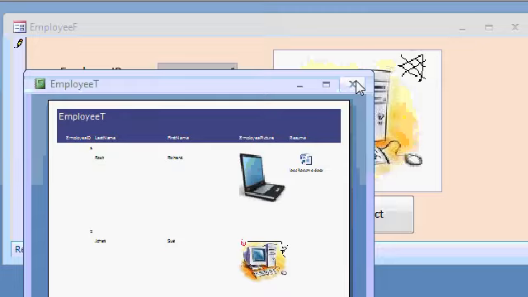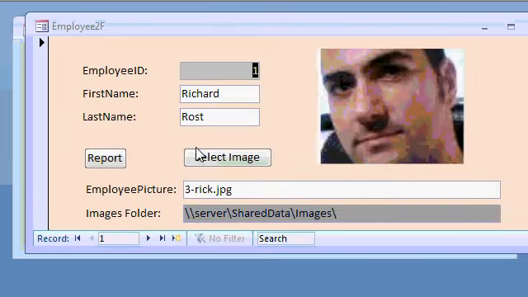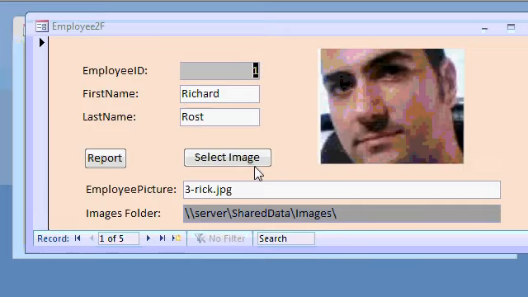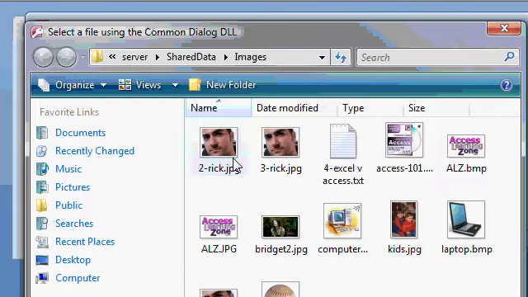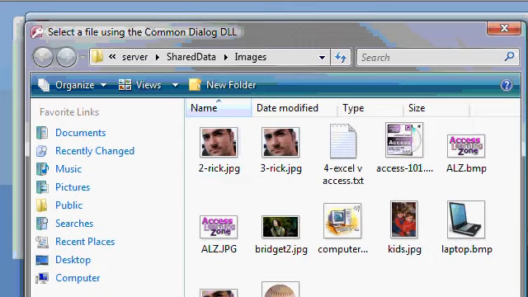We'll link that straight to a report. All right. Here's another option over here for storing a resume, like a Word document, in the employee file. We'll do a lot more with the image controls, just like I showed you. I'll show you how to set up a shared imaging folder. And better yet, I'll show you how when the user selects an image, if that image doesn't exist on your server in the shared folder, it will copy it up there automatically. So your users can pick files that exist on their own local computers and automatically have them copied up to